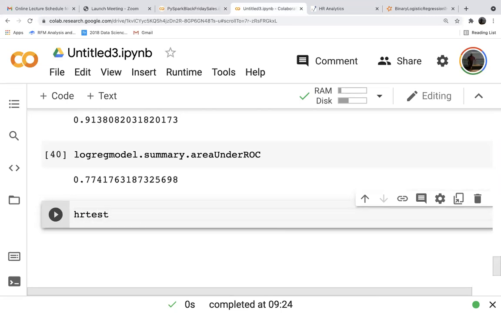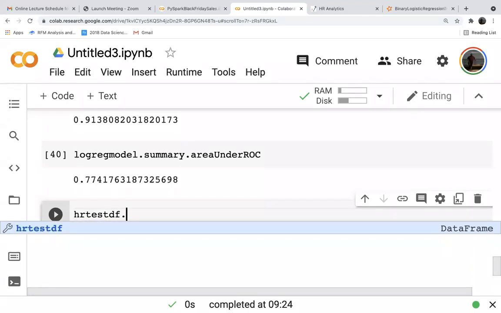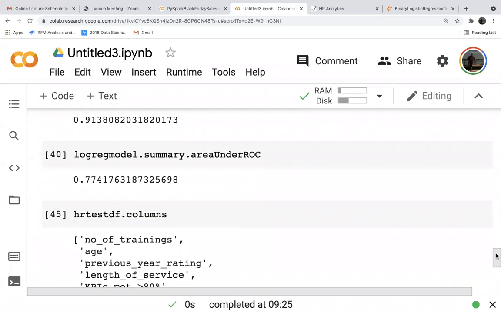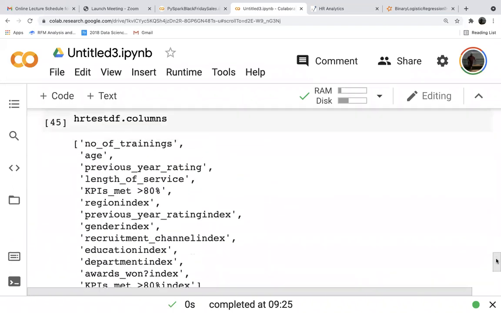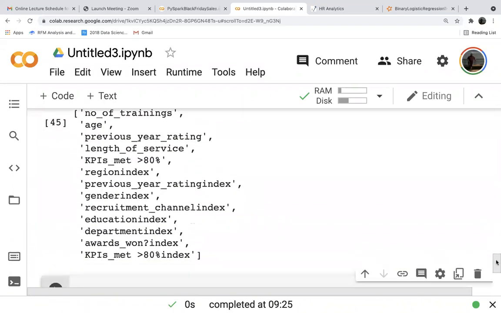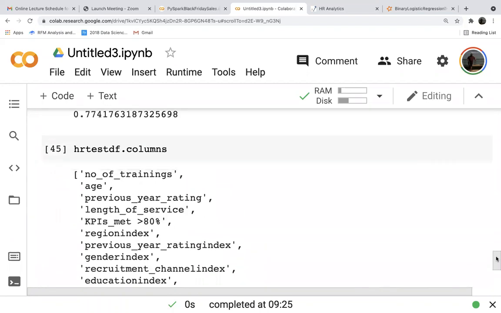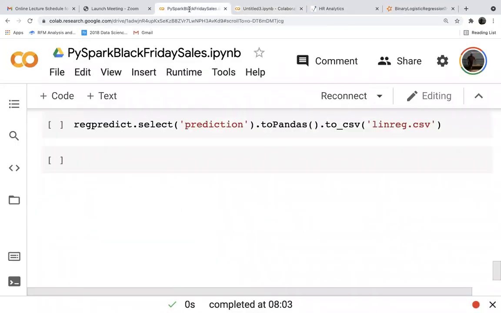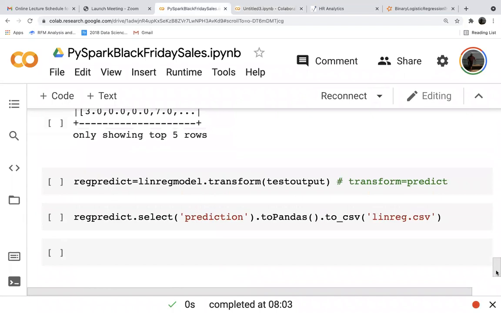HR test df dot columns. So we have all the relevant columns in HR train df, test df. So we have to just do a vector assembler and then do the prediction.